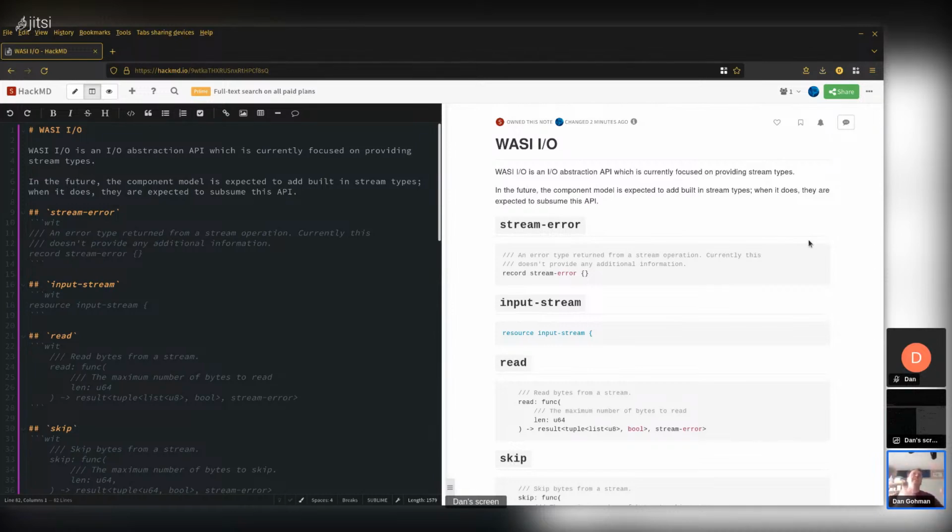So async happened, and we decided that the basic stream abstraction should be an async thing. But then that left us in an awkward place, because now the situation with the component model is that async is going to take a little bit longer to develop. It's not in the component model repository yet. And there's some designs out there. There are a lot of interesting things in the set of ideas of what we think this model should look like. But there's a lot to figure out.